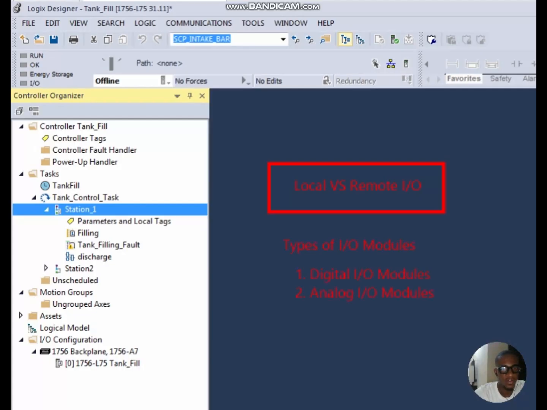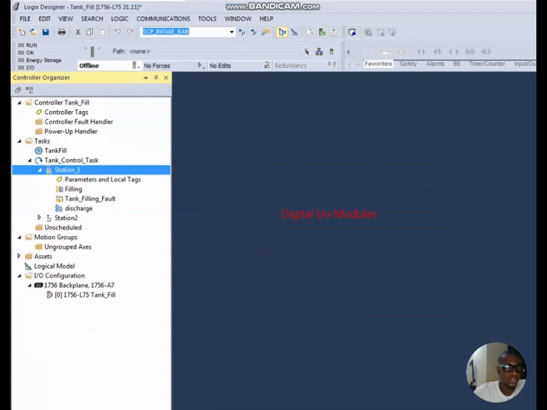We have two types of I/O modules. There are the digital I/O modules and the analog I/O modules. So we're going to talk about the digital I/O modules. And in this, first, to use an I/O module in an application, we must add the I/O module to our project. So if you come to the I/O configuration tab area here, you realize that we have